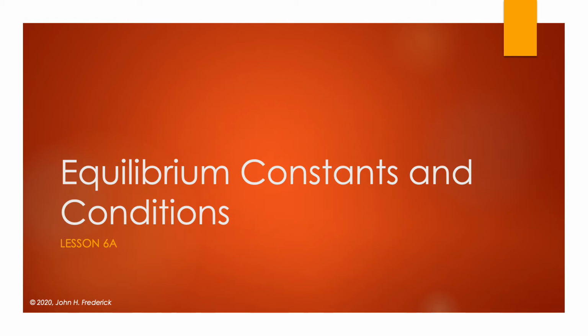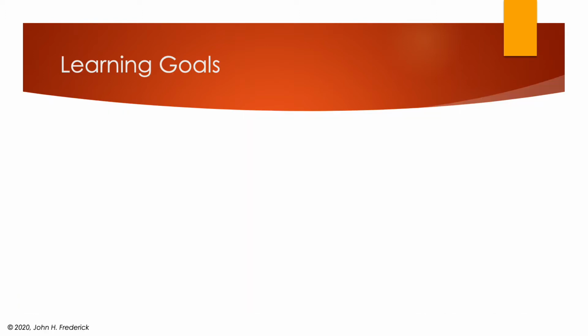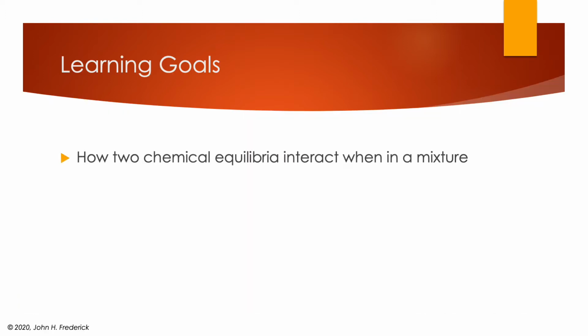Module 6 is the third of our 3 modules that deal with equilibrium problems. And this one is an interesting module because we're going to be talking a lot about how to alter the equilibrium state that's achieved, either by introducing perturbations to the equilibrium or by adding other equilibrium systems. So our learning goal for this lesson will be how two chemical equilibria can interact when they're both present in